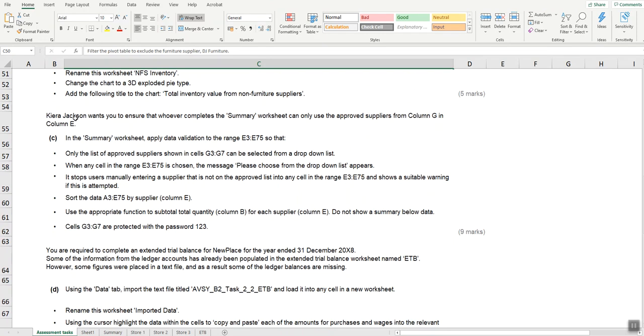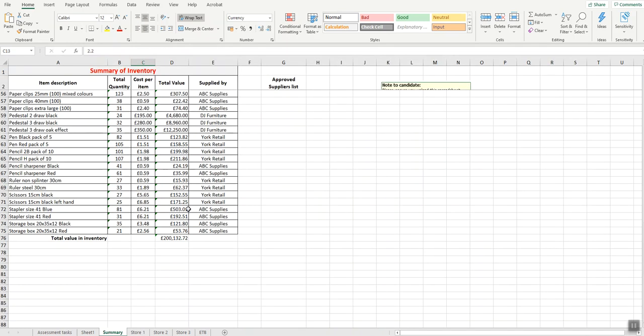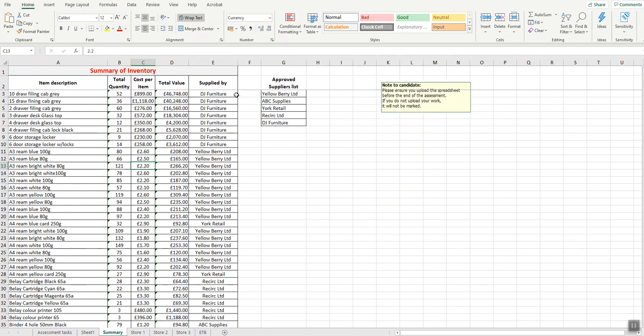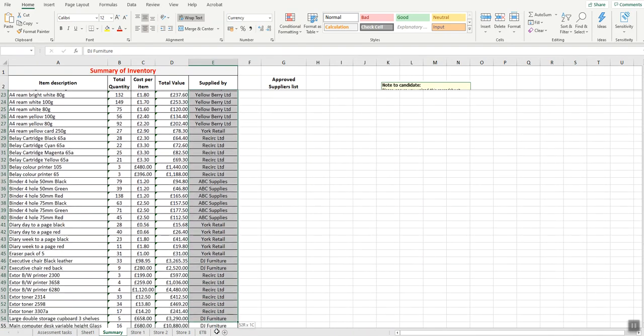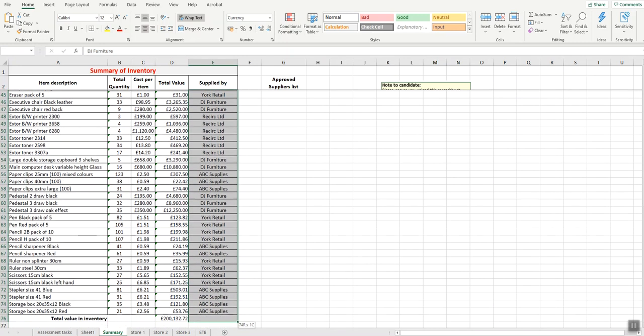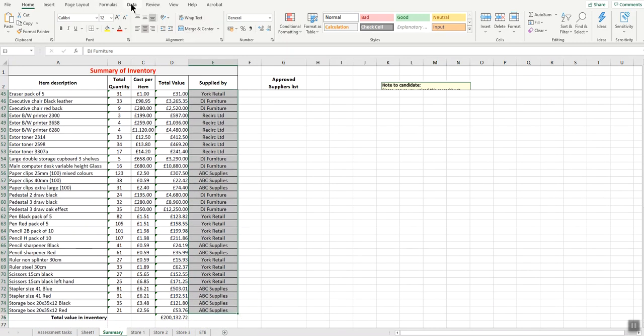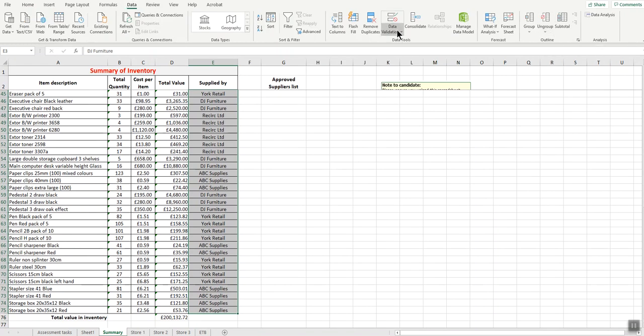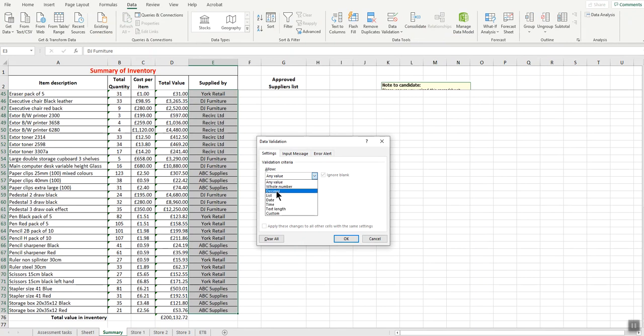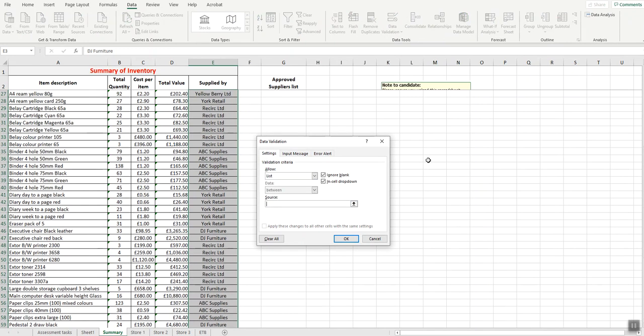So it says Kira wants you to ensure that whoever completes the summary worksheet can only use the approved suppliers from columns G in column E. So in the summary worksheet, apply data validation so that, okay, I'll stop reading. Let me just go ahead and do it. So what we need to do is use data validation on this information here in column E. So let's highlight that. There we go. And then we're going to go to the data ribbon. Validation, there it is. And we're going to say this is going to be a list where the source is